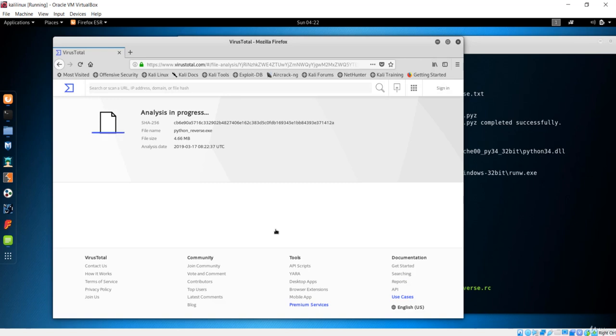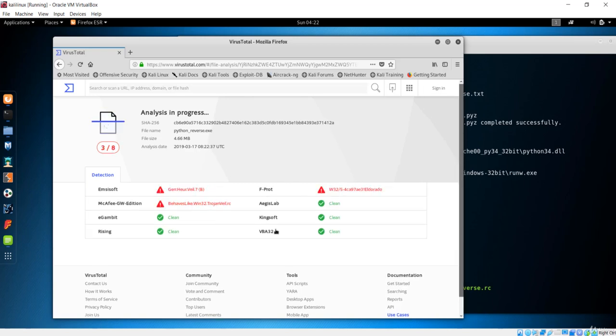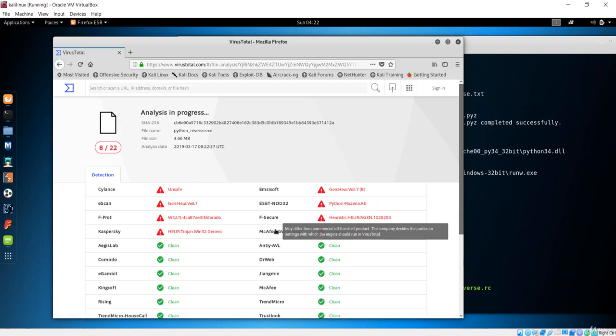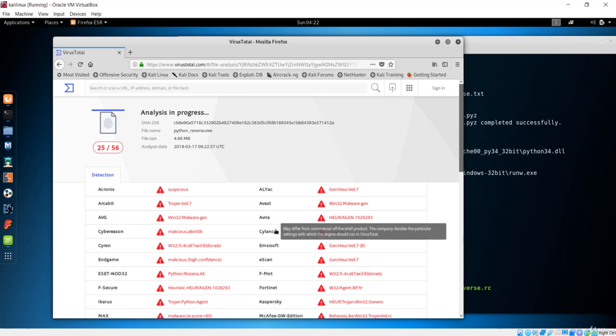In the next upcoming lecture, we'll learn how to make a complete reverse shell with the help of Python. So instead of making use of this Veil framework, we are going to use our own backdoor from the Python that we learn in the next lecture. We'll make our own payload, and in this case you can see so many antiviruses have detected it, but our payload or our backdoor won't be detected by any of the antiviruses.